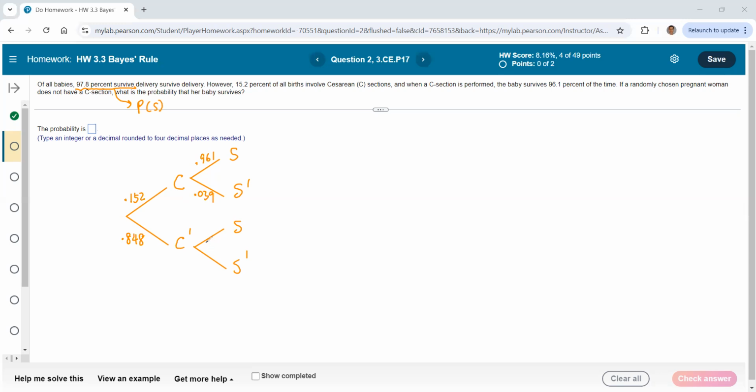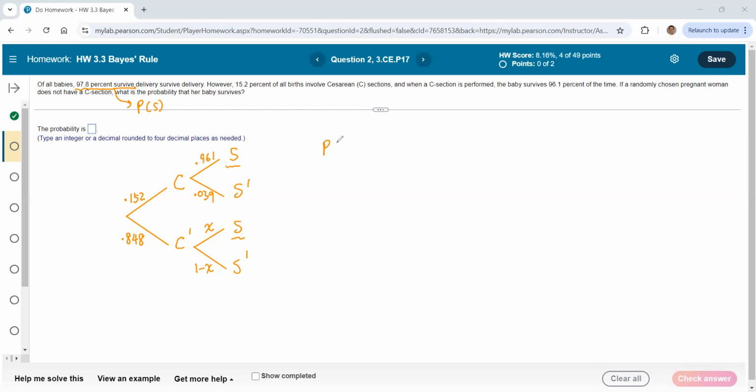And if there was no C-section, what is the probability that the baby will survive? That's exactly what we're looking for. So we have X here. You could put 1 minus X here, but it's probably not important because we know the probability of S is